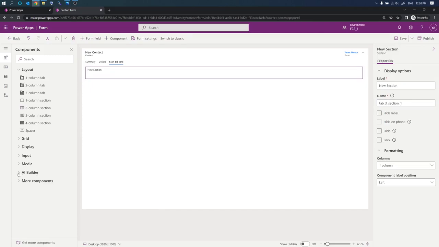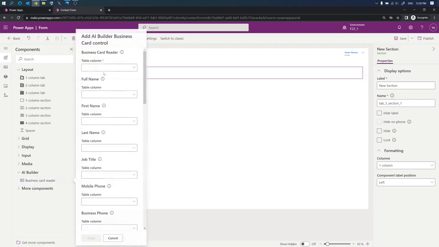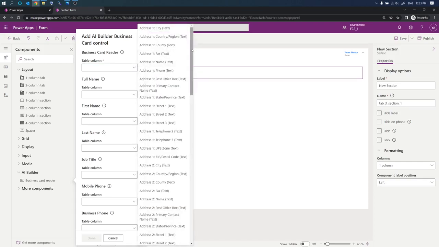And now here in the AI builder, you can see there's an option. One of the options is business card reader. So I'm going to put it in the new section, and you can see automatically, because this app is different than the Canvas app, it's based on a data model, it'll ask me which one I want for the table column. I'm just gonna pick